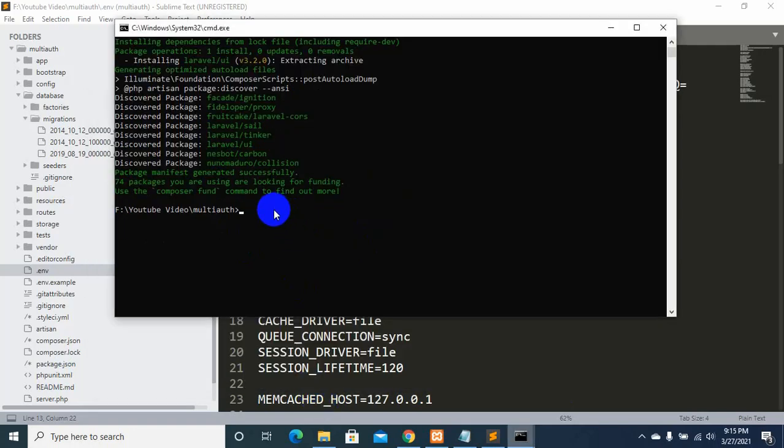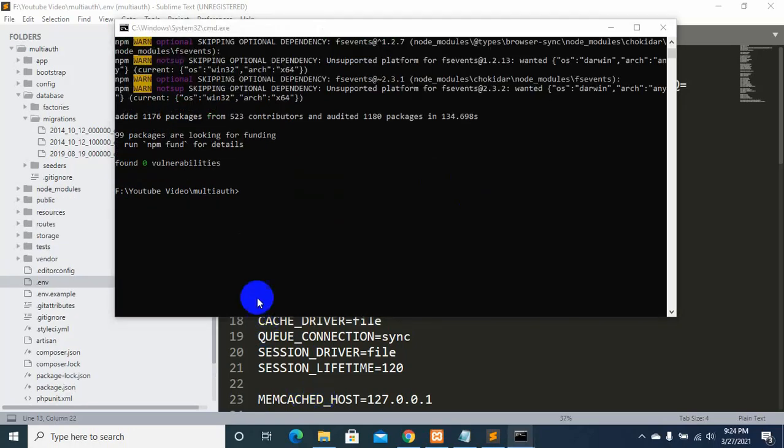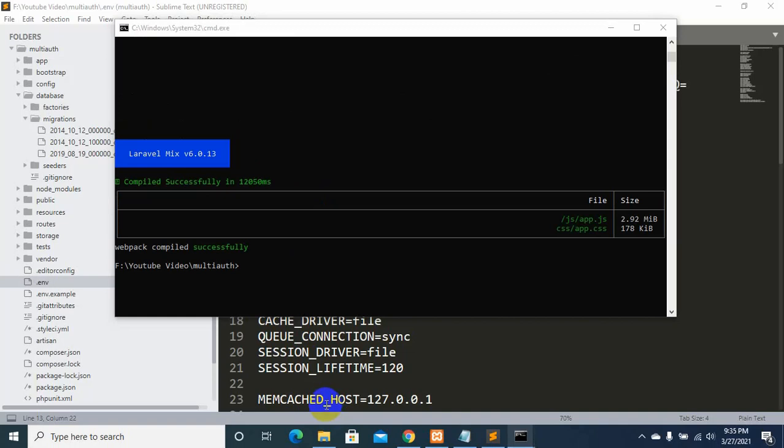Now we'll say php artisan ui bootstrap --auth. Okay, now press enter again. Now we will write npm install and then press enter. Okay, now we will say npm run dev. Okay, now press enter. Okay guys, our npm run dev is done.